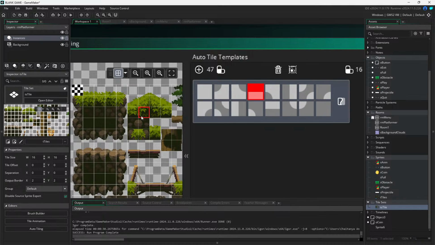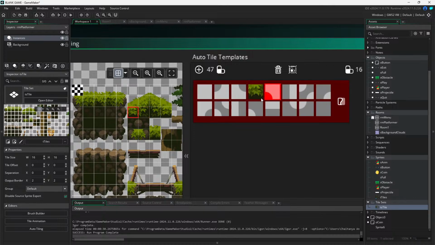Let's do the other parts first. So this would be this one. This would be maybe this one, I hope. And this would be maybe this one. This would be maybe